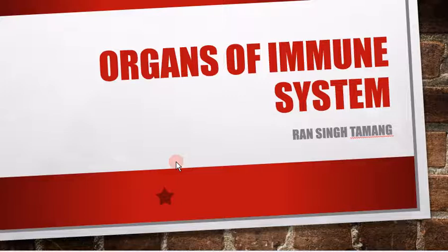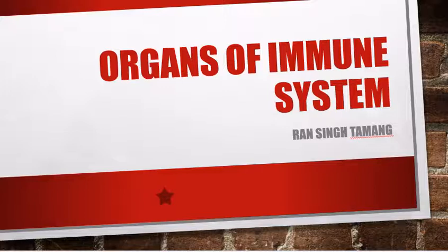I'm going to talk about the organs of the immune system, and what is very important here is that I have briefly already shared this with you in the previous slide. However, here you will understand in a little more depth each organ. You are also going to see the function of each organ in the immune response: when it responds, how it responds, where it forms, and how each organ coordinates with the others to bring the effect on the target. This is what we are going to discuss in this